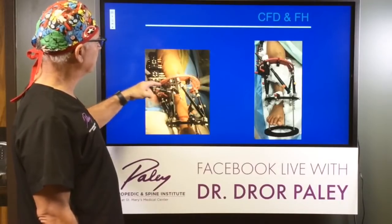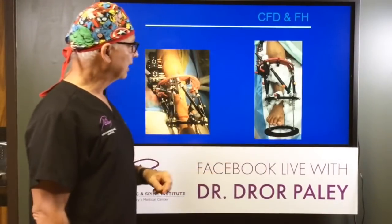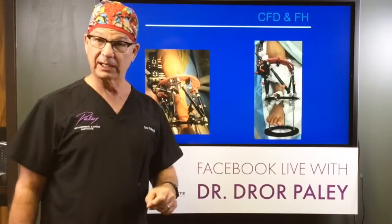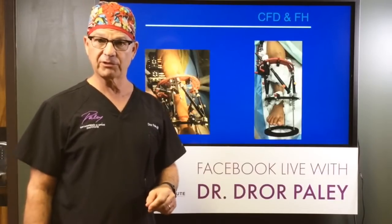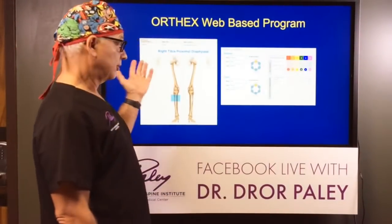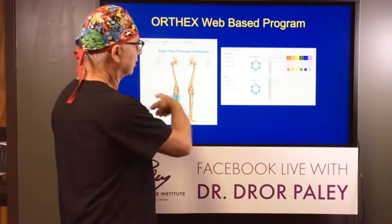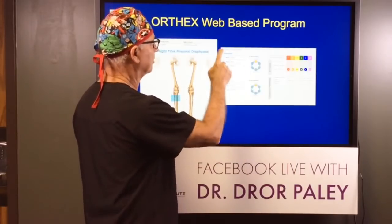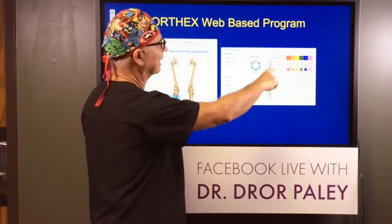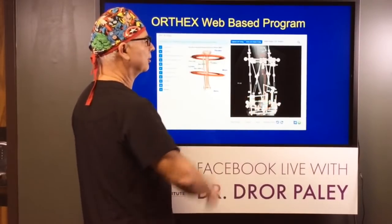Talking about the software. What the surgeon does is they go in and they have to point out whether it's a tibia or a femur, right or left. They have to say what type of ring they used, a partial ring that goes part of the way around, or all the way around, and what size it is. So it's all entered on the computer, the size of the struts and so on. Then digital x-rays are uploaded, and the surgeon draws the axes of different things. What that does is it gives the computer the information, and on another page, using that information, which is auto-populated, you tell the computer how fast you want to lengthen, let's say a millimeter a day, and how many of these deformities you want to correct, if you want to do it all at once or in multiple steps. And then the computer gives you